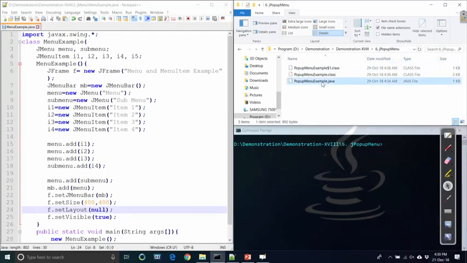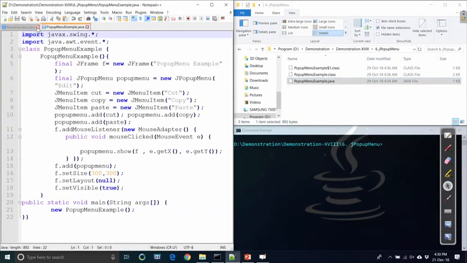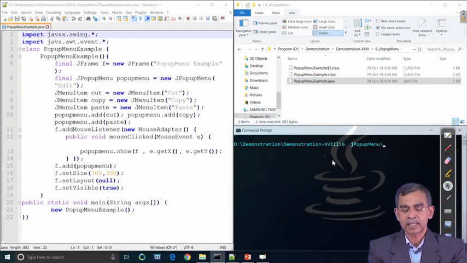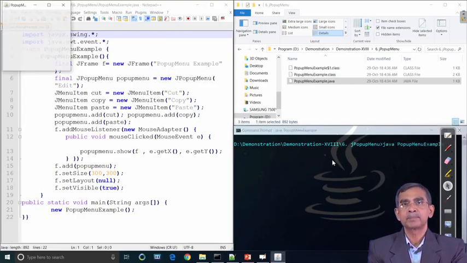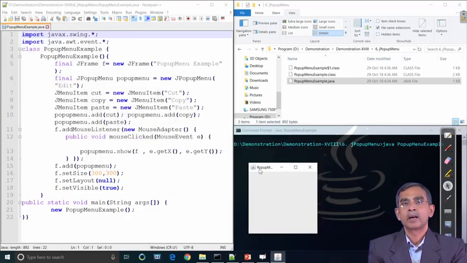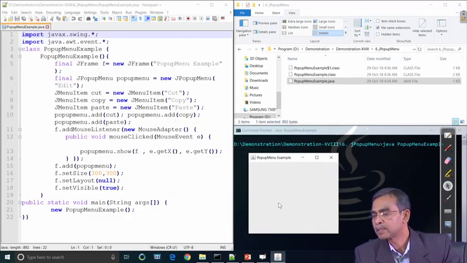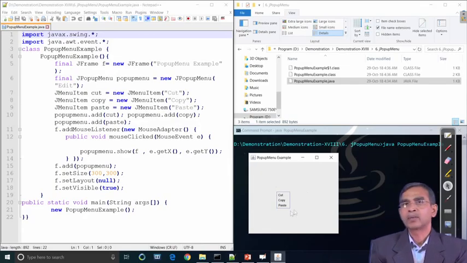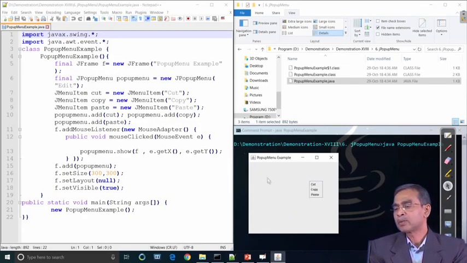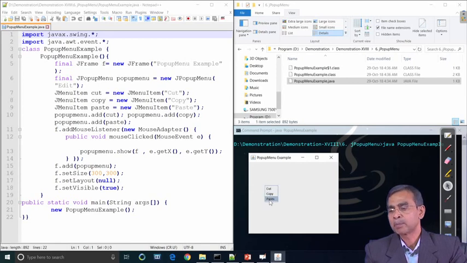As the name suggests, a pop up menu is similar to the menu item, but it pops up. Let us have a quick output of this to see how a pop up menu looks. As you see, whenever we click, the pop up menu will appear with some items in it. So, this is the idea of the pop up menu. It will not be there until you click it, which is why it is called a pop up. Whenever some event like clicking occurs, the pop up menu will appear there.